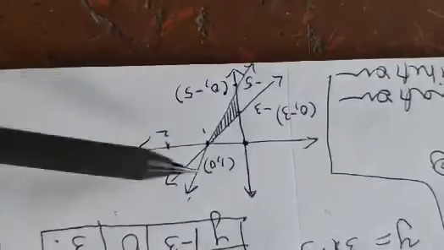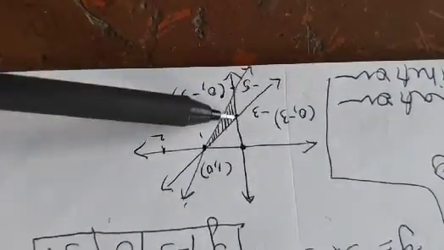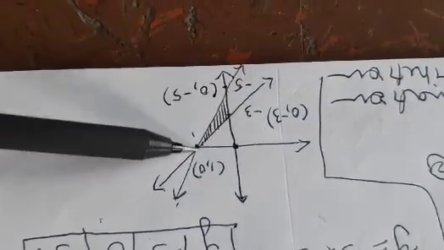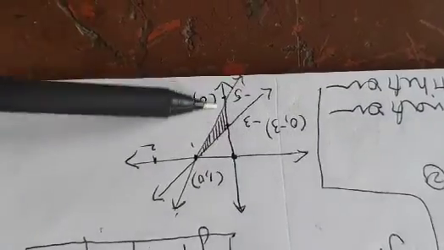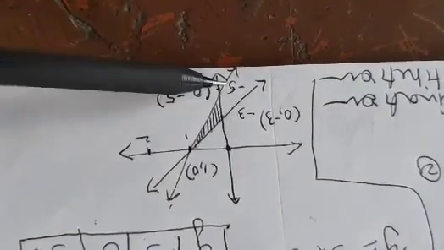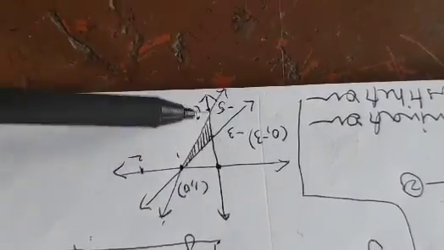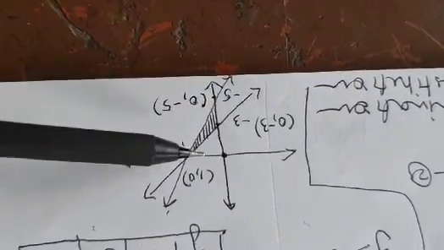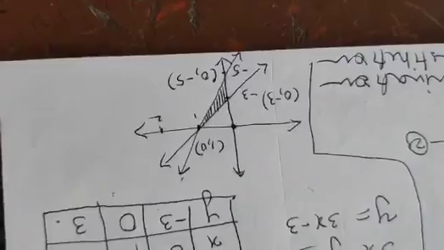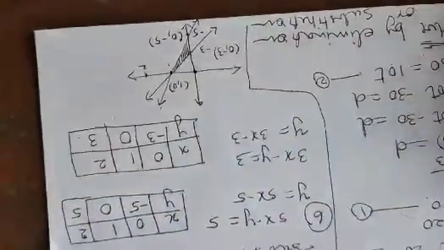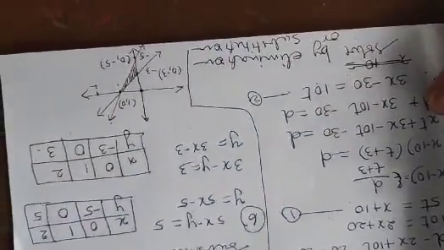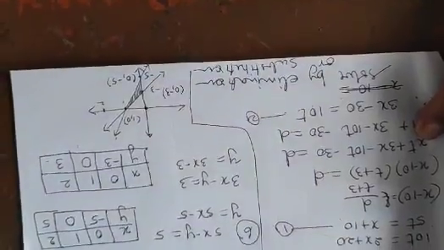Now these 2 lines, this line and this line, they are intersecting with the y-axis over here, and this is the triangle formed. So I have to find out the coordinates of this triangle. Okay. So coordinates are 0, minus 3, 0, minus 5, 1 and 0. Understood? So with this, the chapter is over. Third chapter is over. Correct?